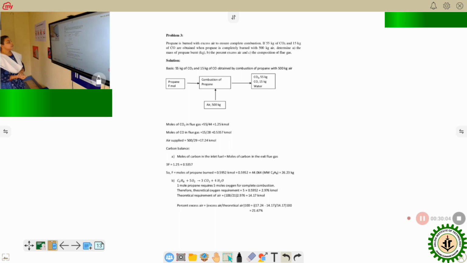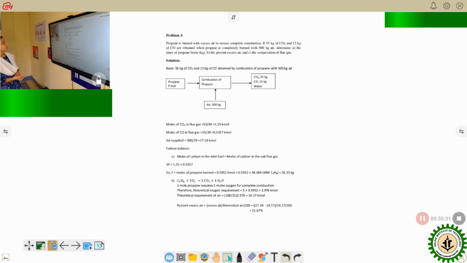Then the air supplied is given, 500 kg, and the product at the exit is also given: carbon dioxide 55 kg, carbon monoxide 15 kg, and water may be present in the flue gas. Now to find out how much propane is supplied for the combustion,